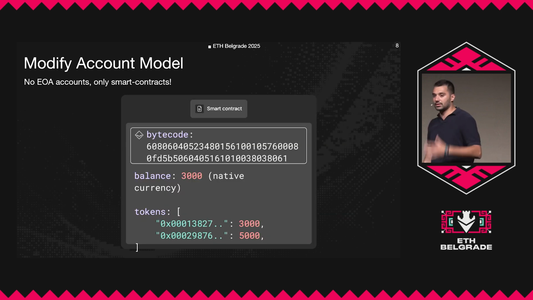So one solution when we started designing the solution to this problem was saying, why do we need EOAs? EOAs are the past. Now smart contracts and account abstraction are becoming sexy, especially with the Pectra fork. So we said, let's try to think, can we remove the EOA accounts? And we found the obvious solution, which was to basically just have account abstraction natively. This means that your account is not just an address, it's a smart contract. It has a bytecode, some logic on how to delegate this and pay for other execution. It also keeps the balance. But besides balance and the bytecode, we can add another attribute, which is basically how much money I hold.